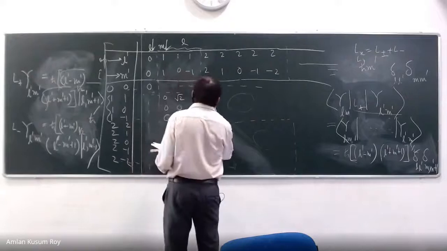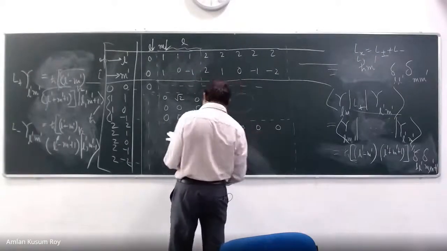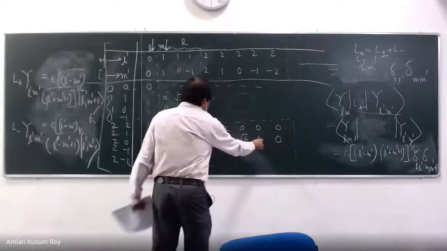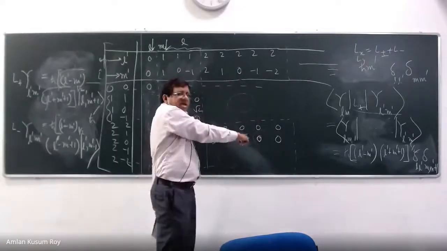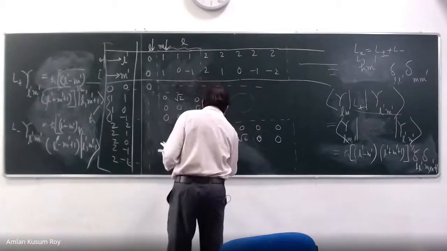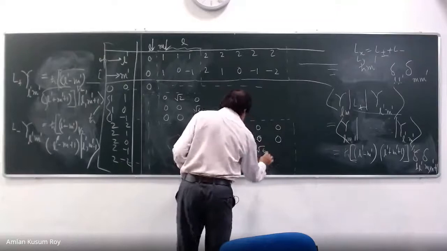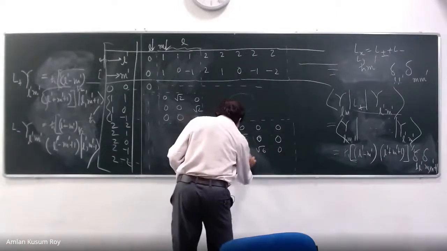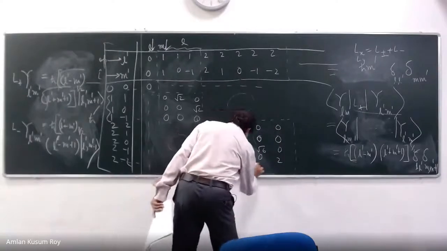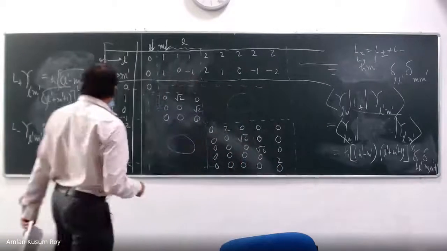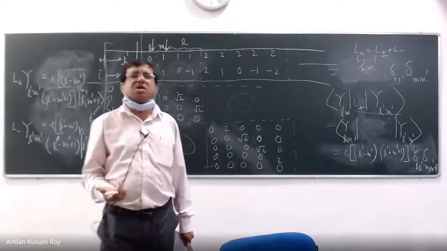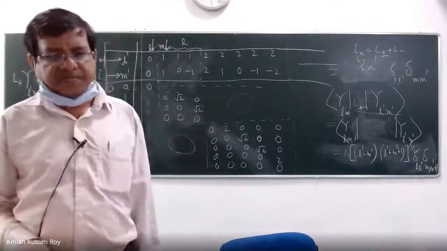And then 0, 2, 0, 0, 0, 0, 0, root over 6, 0, 0. This root over 6 will come because you just put the proper values of L prime and M prime, and that square root will give you this. There is nothing in it. So this is 0, 0, 0, root over 6, 0, 0, 0, 0, 0, 2, and then 0, 0, 0, 0, 0. That is the structure of L plus. So you can see that M is equal to M prime plus 1. Only those things will survive for a given L and L prime.